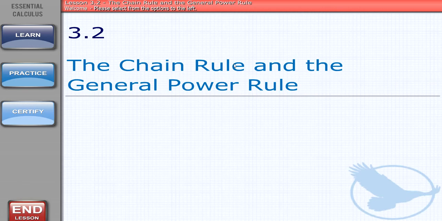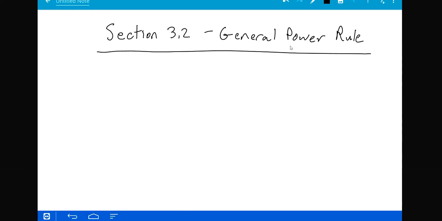So a lot of people still call it the chain rule, but for us, we can just think of it as general power rule. So on my page here, I've just listed the general power rule as the title of the section. So what it is is this. We know how to do the regular power rule from chapter 2. We've learned the product and quotient rules in section 3.1. This rule is going to deal with having your variable buried in something that's in turn raised to an exponent.